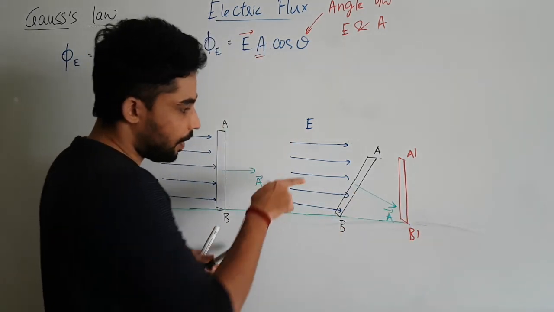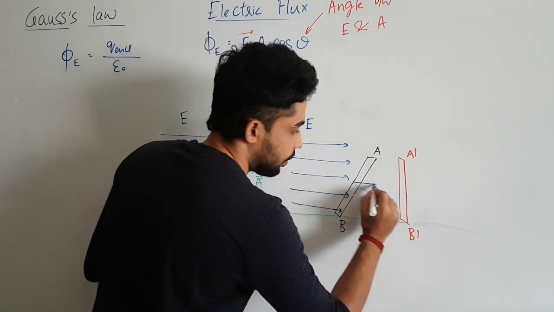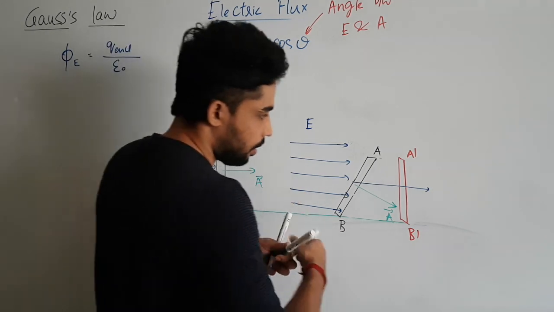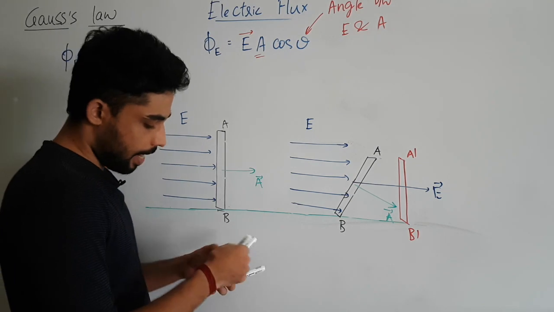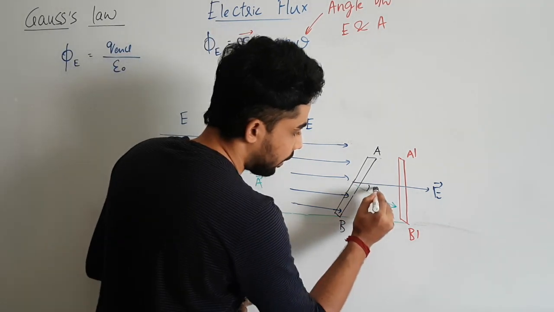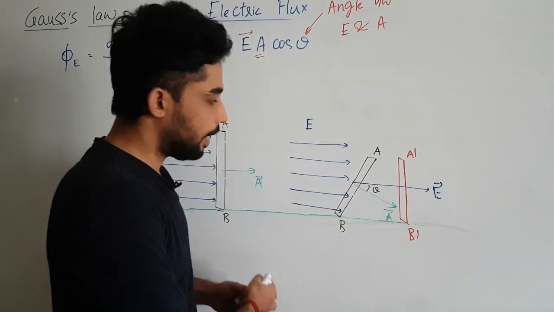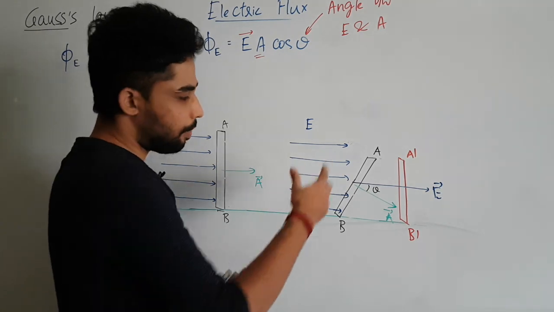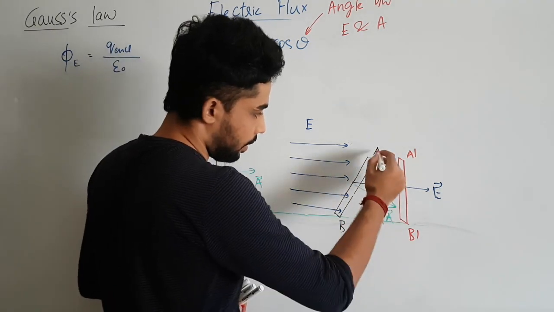And the electric field, as you see, is going like this. So I'll just extend this field like this. So this is the electric field. Therefore these two make an angle of theta here. Now as you see, between this electric field and area vector, there is some angle theta, whereas here it was 0. Now doing a little bit of simplification here, suppose I connect these like this.